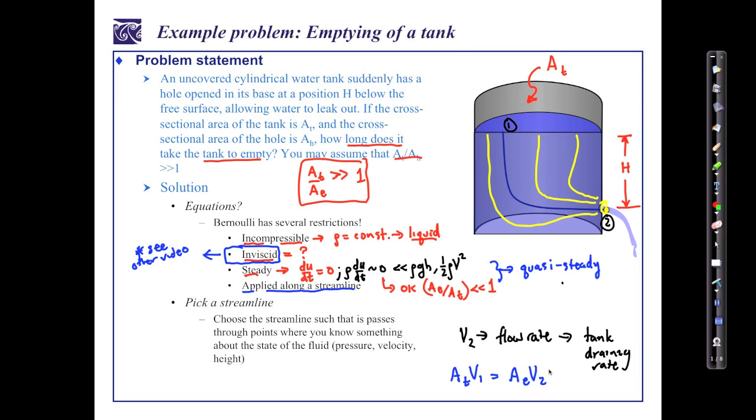For the settling free surface inside the tank up here at point 1, that's a very good approximation, as long as no one's stirring it up vigorously. And at the exit to the jet, provided that frictional effects aren't important, that's also a reasonable thing to have. Moving on then, we want to